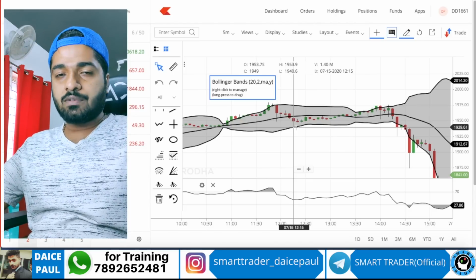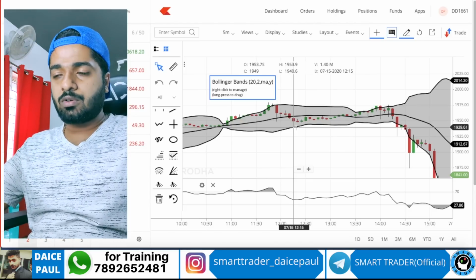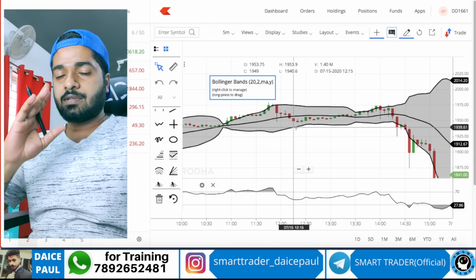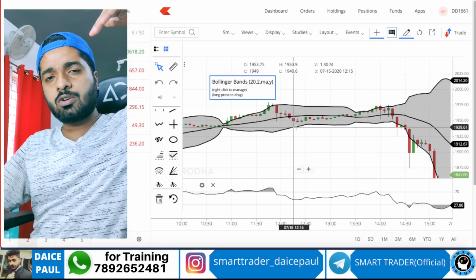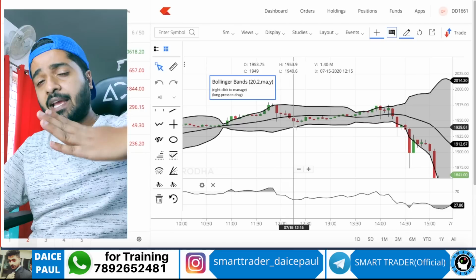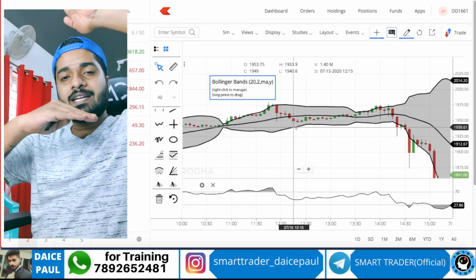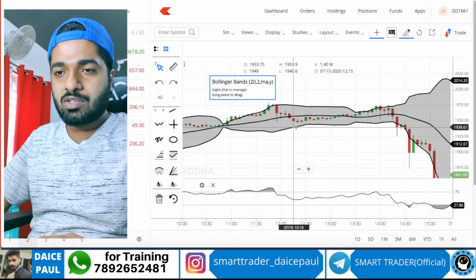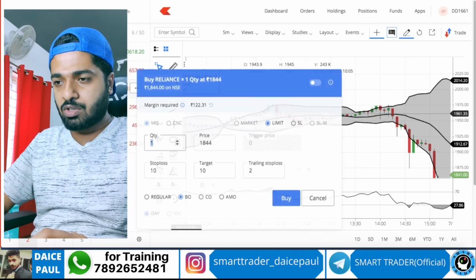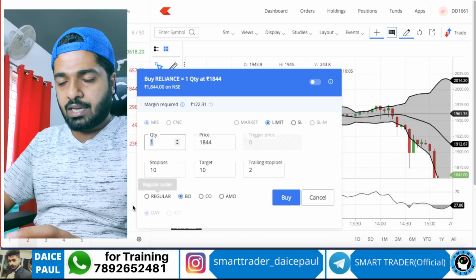For example, you're holding for a few days thinking Reliance is going to go up. You can set a trailing stop loss based on support and resistance. Wherever the stock took a support, took a dip and again went up, next time take that dip as your stop loss, trailing stop loss. So you manually go and edit, because you see we don't have an option for trailing stop loss here. I didn't find it, I've never found it.